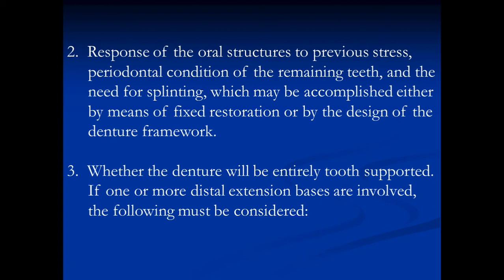So in that condition, the configuration or the morphology of the principal abutment tooth has to be considered whenever we are placing a principal rest on top of an abutment tooth which has a less favorable crown-root ratio. Also, whether the denture is entirely tooth supported or tooth and tissue supported. So what factors do we need to consider whenever a removable partial denture replaces only teeth, or teeth and tissue?